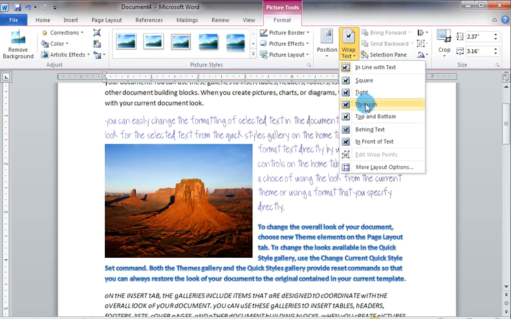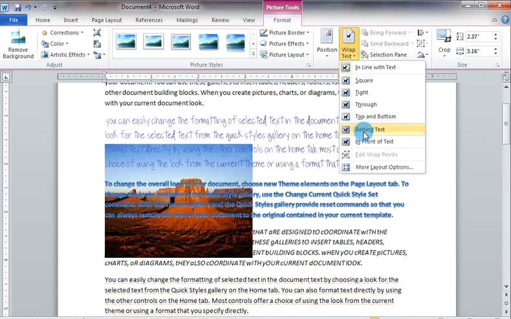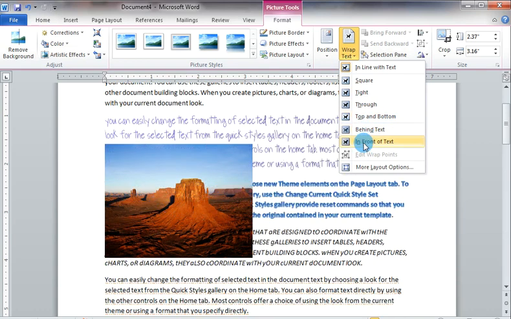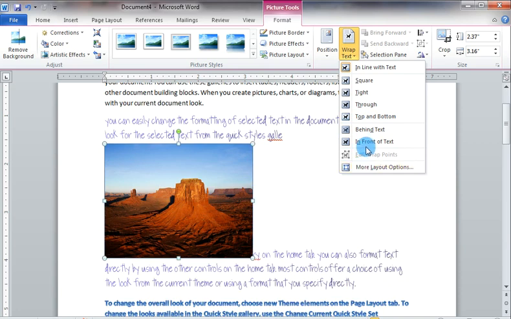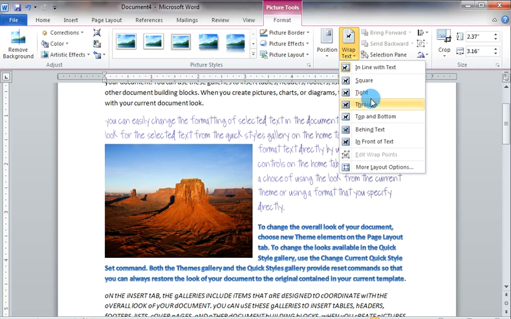You can see the changes in the picture and the text. By using this wrap text option, you can adjust the picture in the text.